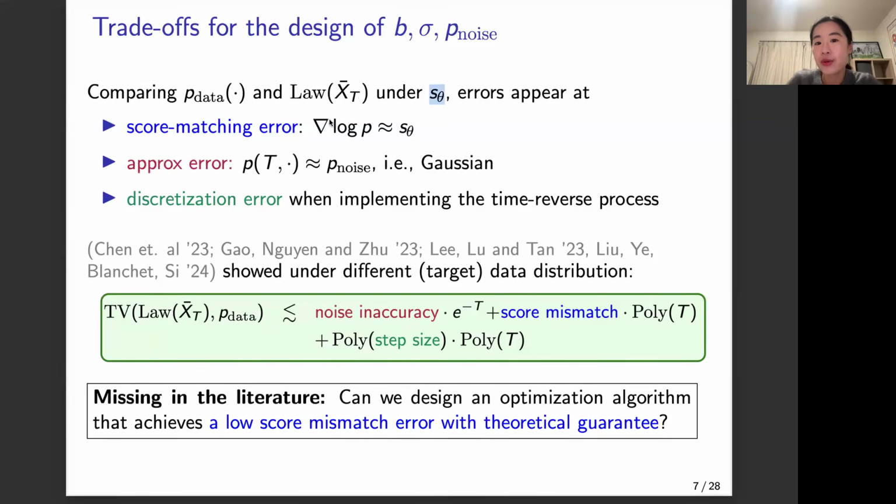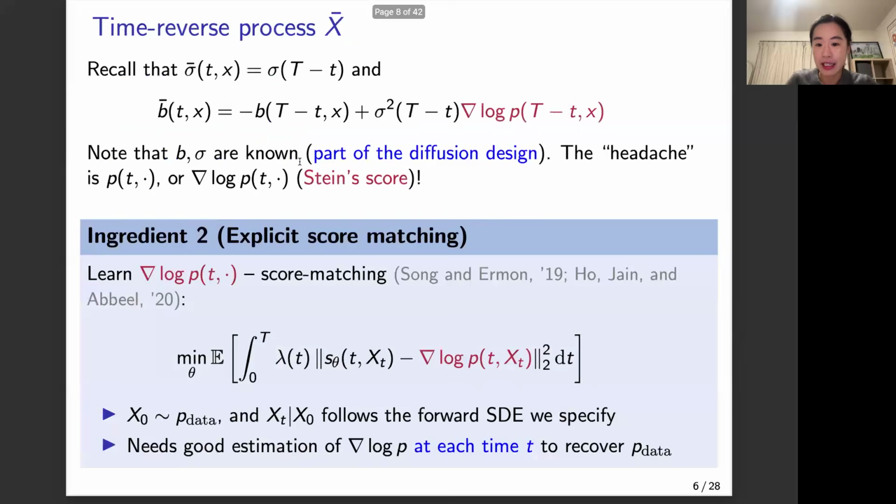First of all, because we use S theta to approximate the Stein score function, there would be score approximation errors. The second error comes from approximation error of the terminal density function, because as I mentioned,